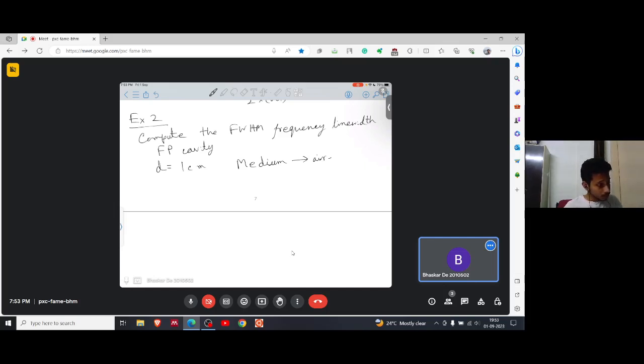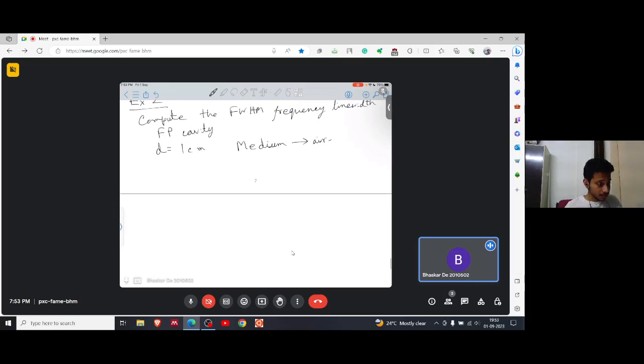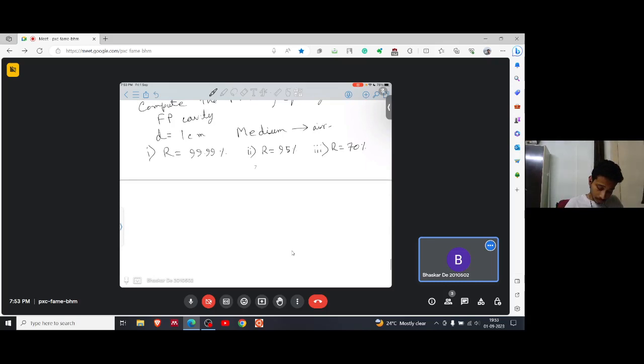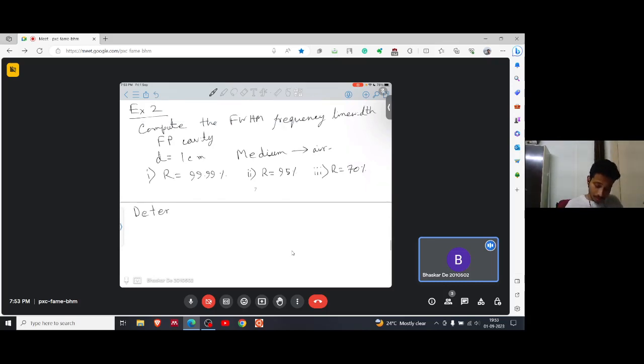Now different reflectivities are given: one, R equal to 99.99%; two, R equal to 95%; three, R equal to 70%. Now there is a next part of the problem. In the first problem we need to calculate the FWHM frequency line width. And the second problem, determine the cavity